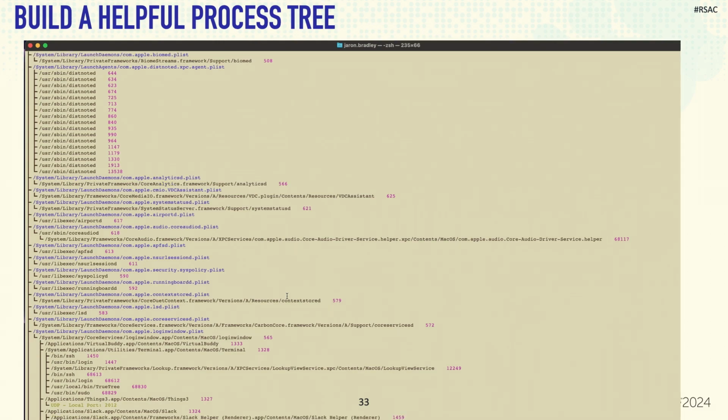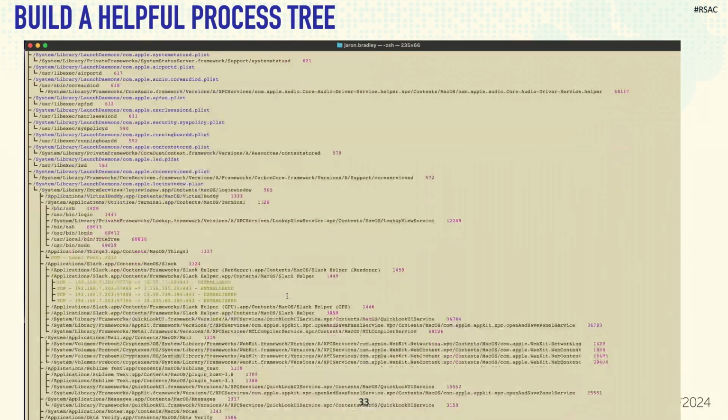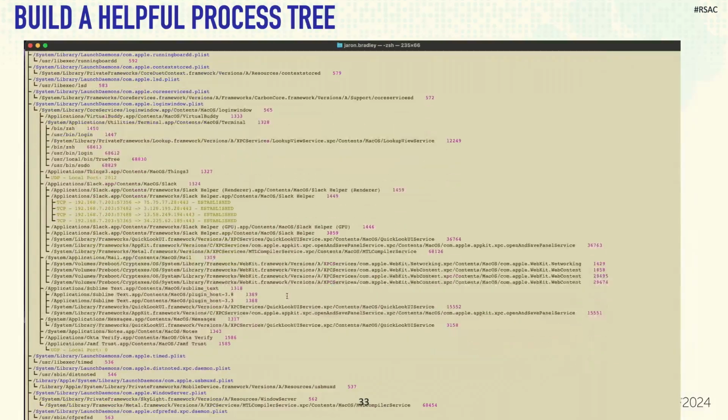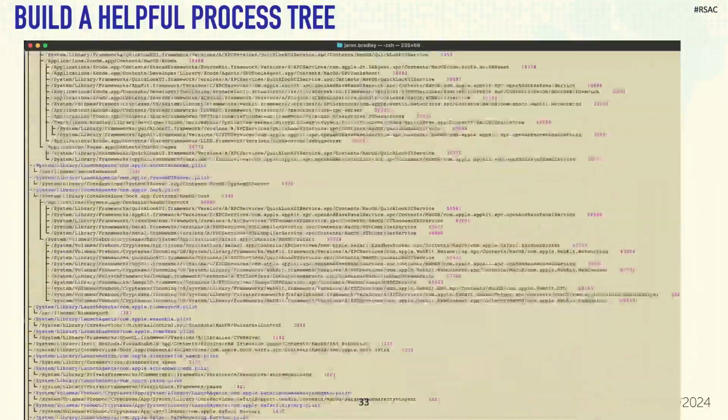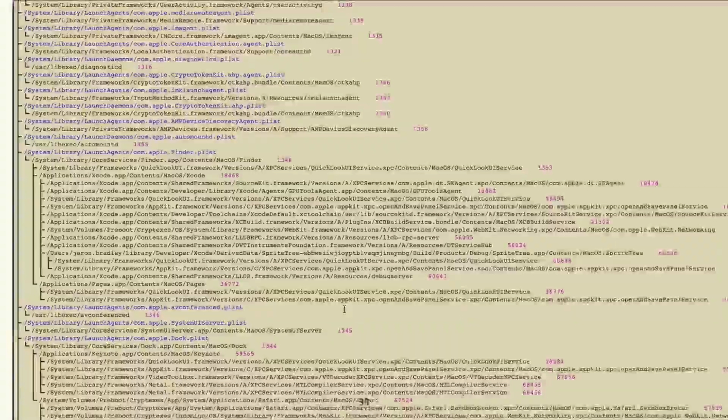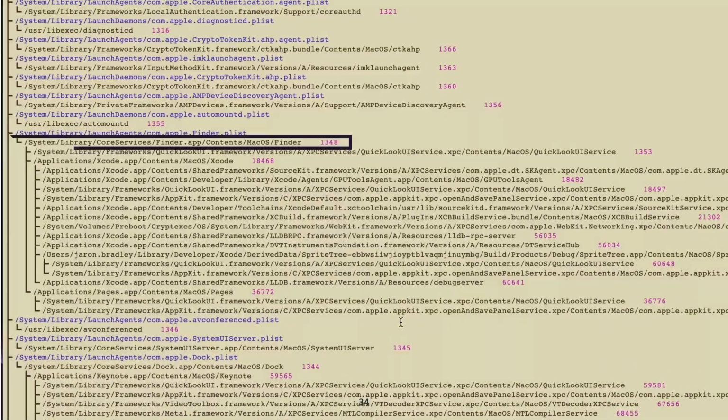TrueTree works like an enhanced kind of pstree, where it tells you what launch daemon plist causes processes to open. It also gives you network connections that are currently open by each process. If we go down here, we can see a section of tree that expands out.